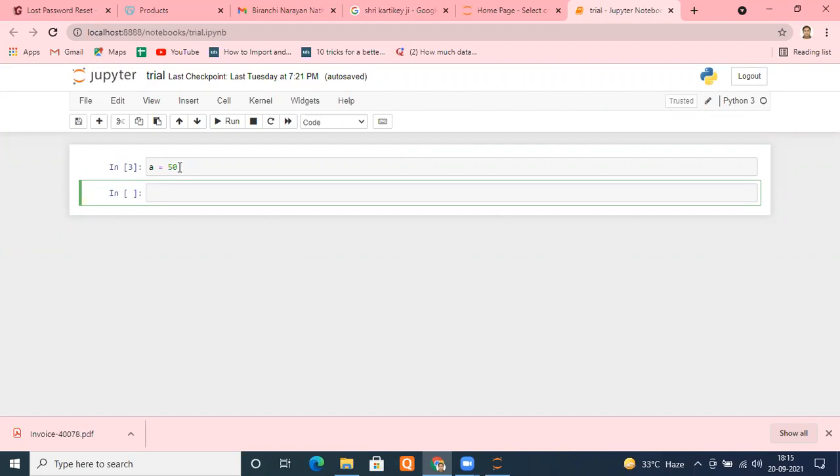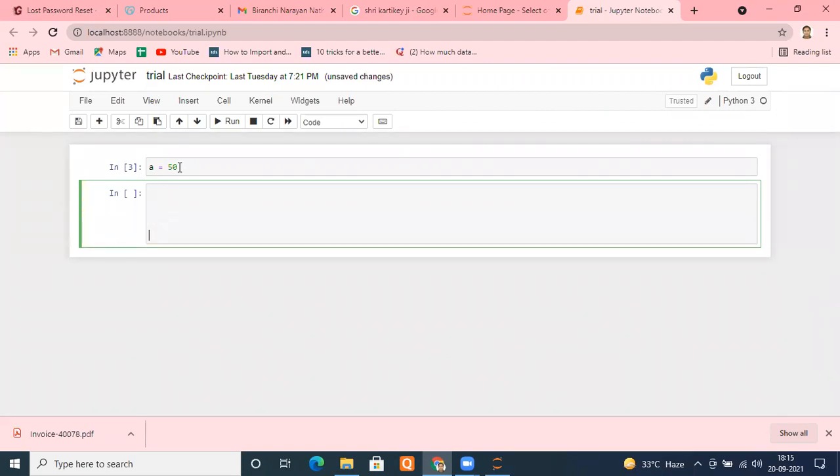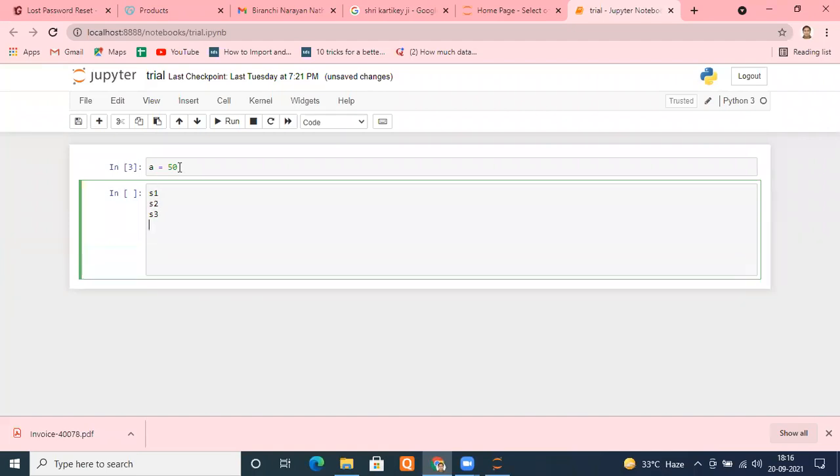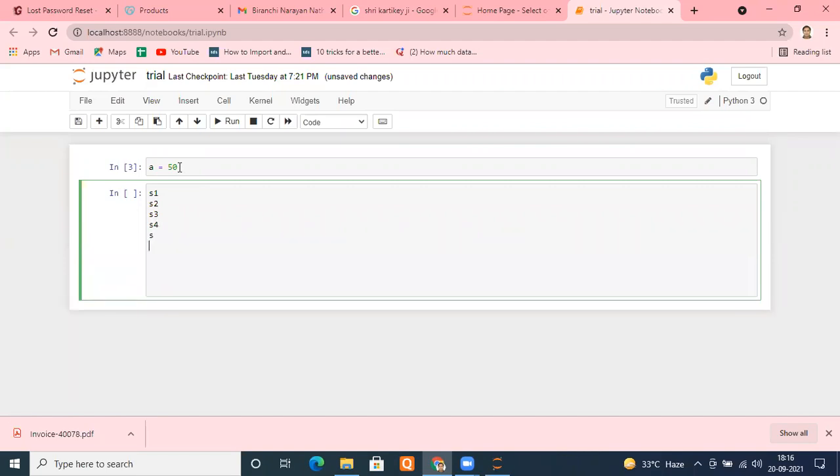And the advantage of using variables is what? Suppose I have a big program where you're writing instructions S1, S2, S3, S4, S5, and similarly up to S1000.